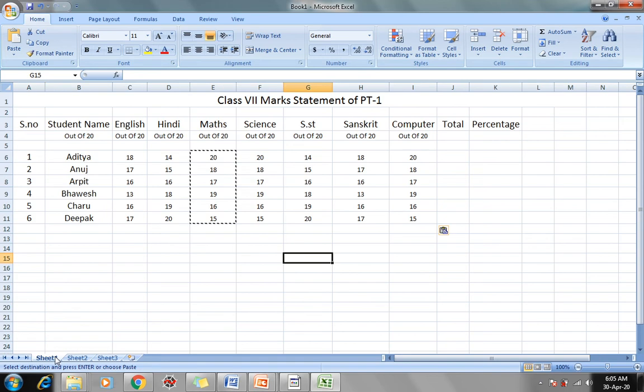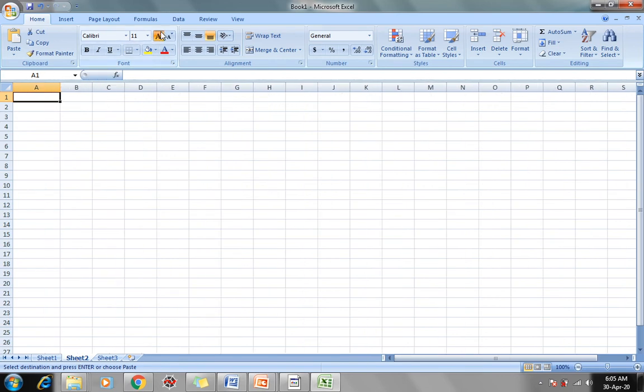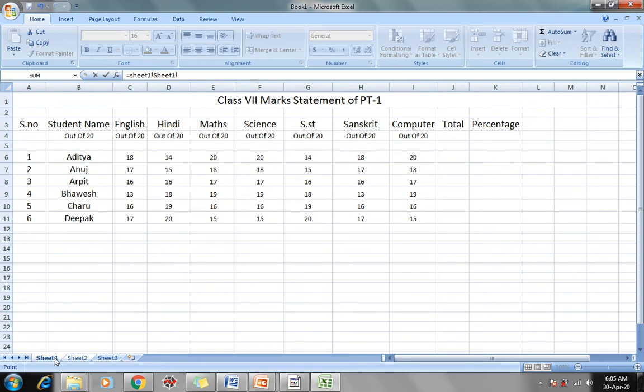Then we generally use a formula, which is equal to the sheet from which we have to take the value, Sheet1, exclamation mark, and cell number. For example, we have to take values from A3, B3 and C3.